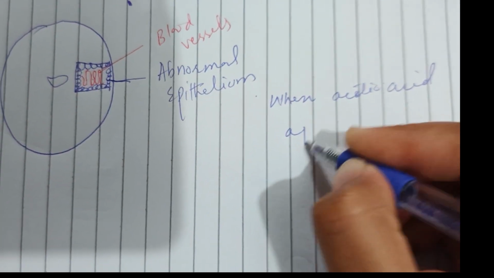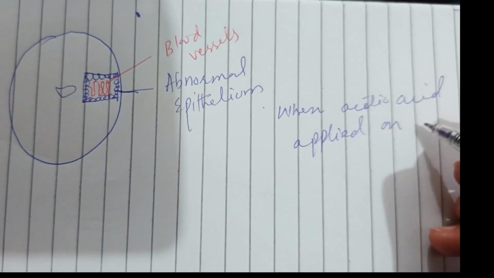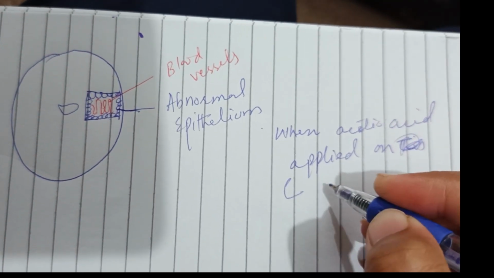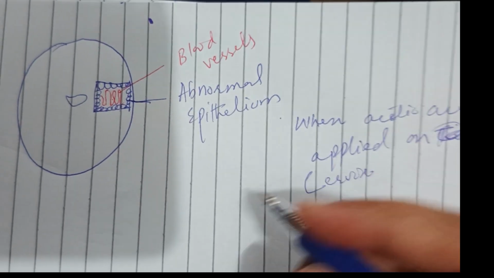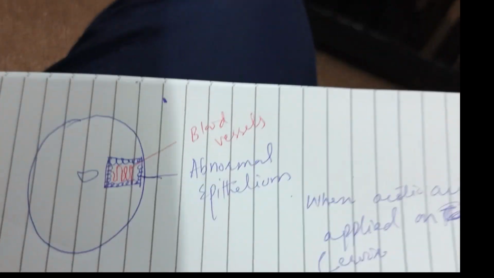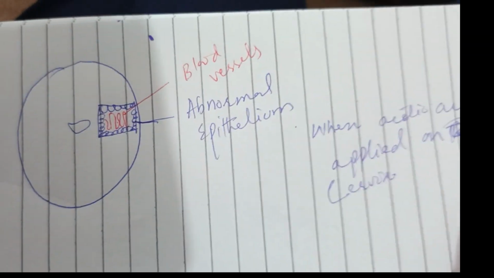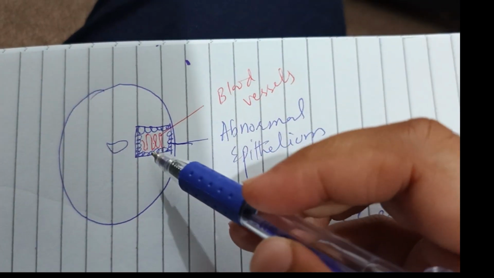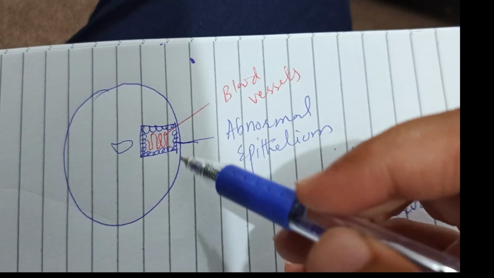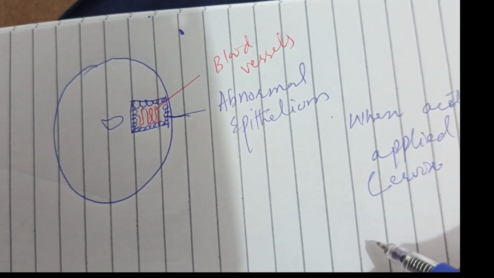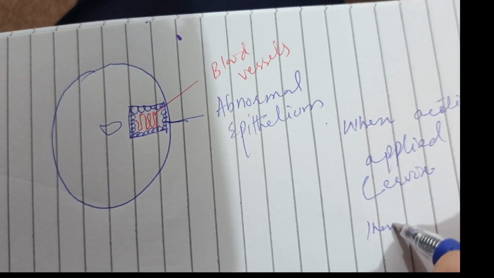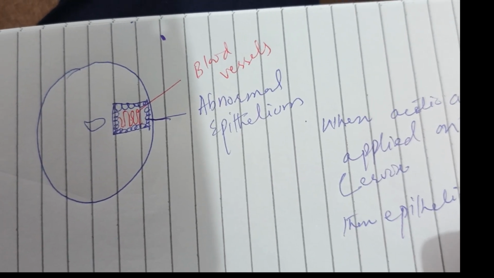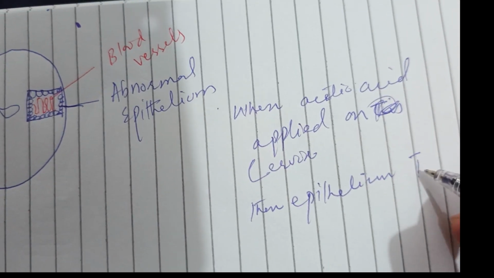pattern appears. Here you understand that the epithelium is like a white bed sheet. When acetic acid is applied on the epithelium, it turns like a white bed sheet, but the red flowers on the white bed sheet remain the same. That gives the white bed sheet a mosaic pattern. Abnormal epithelium will look like this. The vessels will not uptake acetic acid, but the epithelium will uptake it and turn white, and this will give the mosaic pattern.